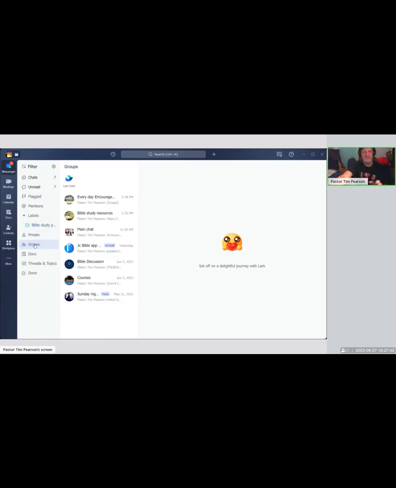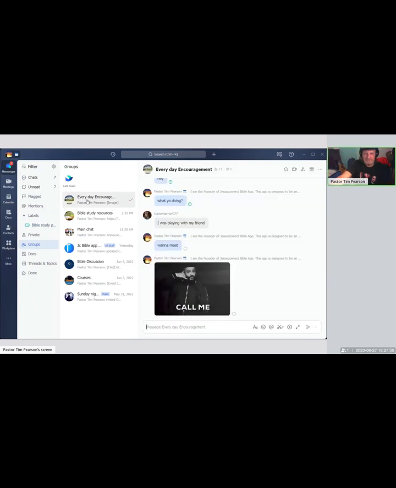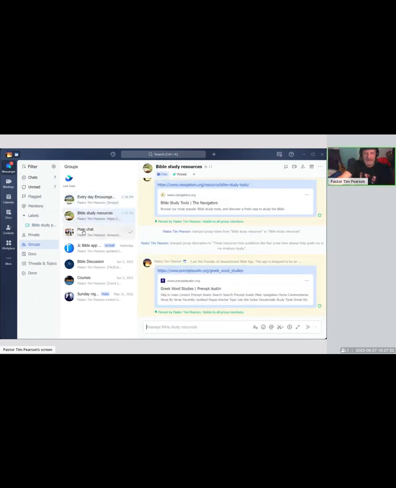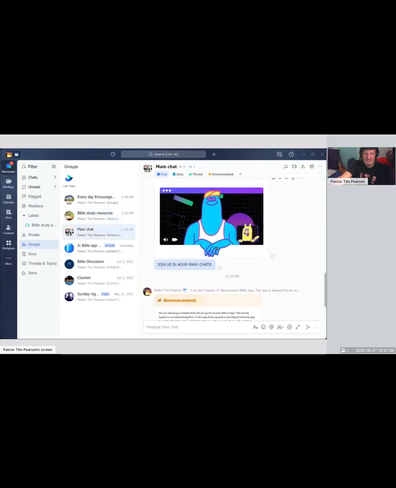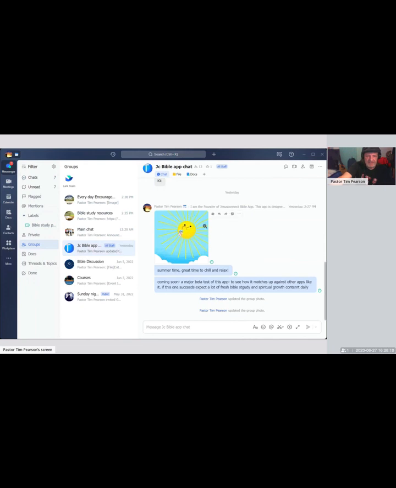Groups: this is where everything happens on here. You have groups that have text, Giphy files, everything like that. And it looks good. It's a really clean interface, one of the best I've actually seen. Content related, you can pin stuff into these too. If you have an announcement that you want to stay up, you can pin it. There's just a lot of things that this allows you to do that a lot of apps don't do, so that's kind of cool.